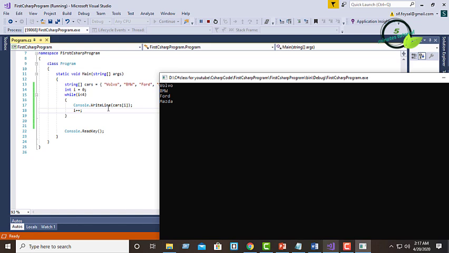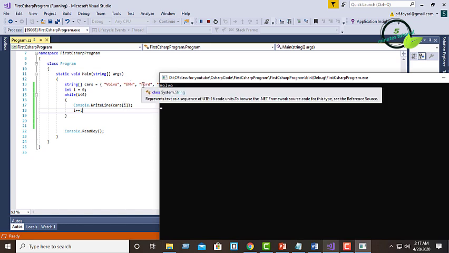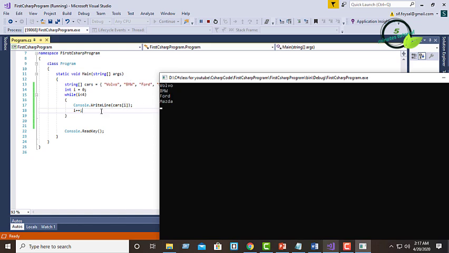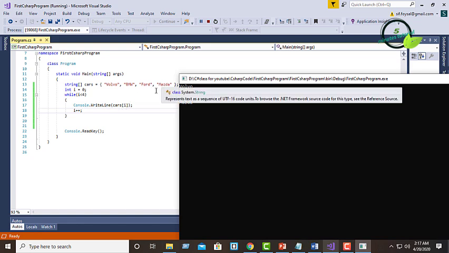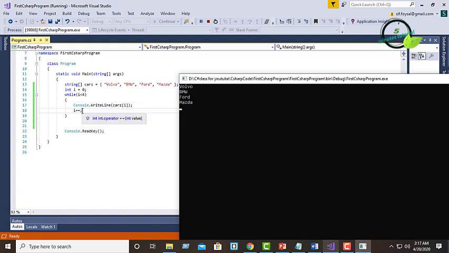The condition is true. Then it is printing cars[2], Ford, and then it is incrementing the value by 1. Then the value is 3. Then it is checking is 3 less than 4 or not. The condition is true. Then it is printing cars[3], Mazda. Then it is incrementing i's value by 1, then it is 4. So it is checking is 4 less than 4 or not.